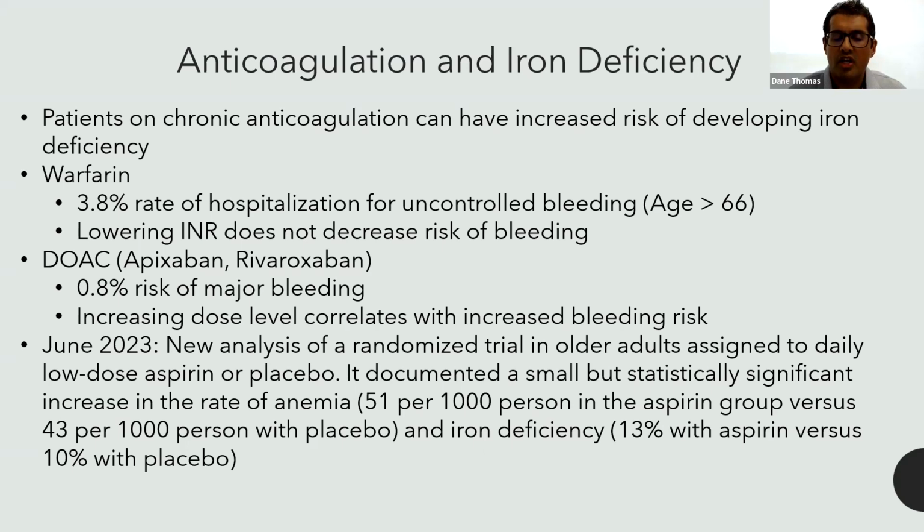The study documented a small but statistically significant increase in the rate of anemia, 51 per 1,000 persons in the aspirin group versus 43 per 1,000 persons with placebo. And iron deficiency in 13% of patients with aspirin use versus 10% with placebo use. Although this doesn't sound dramatic or huge,